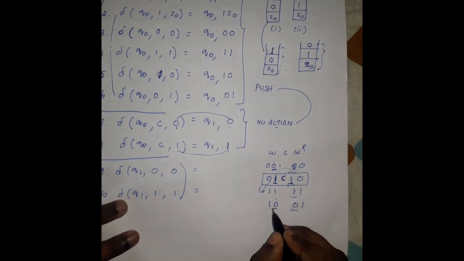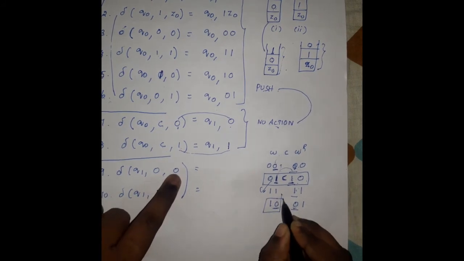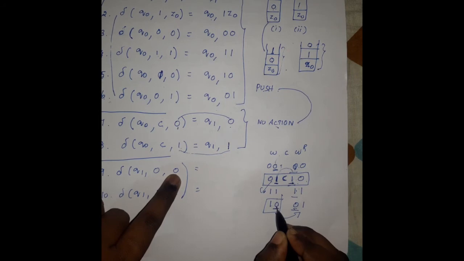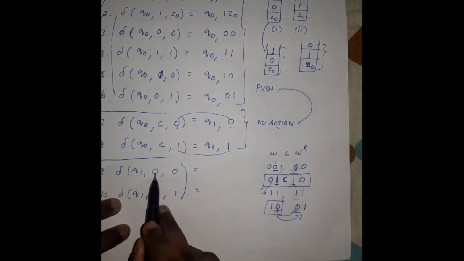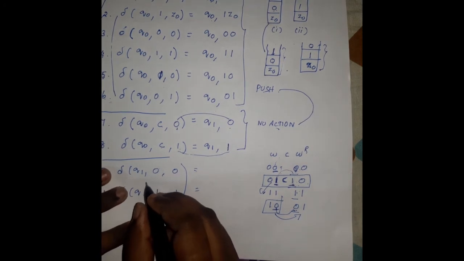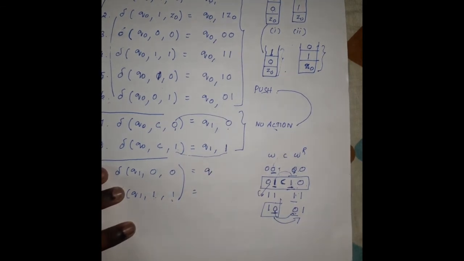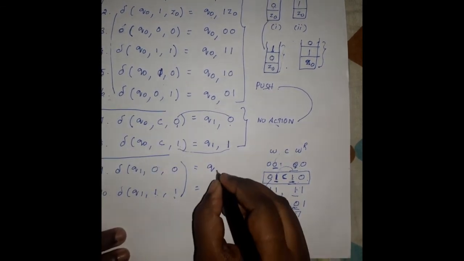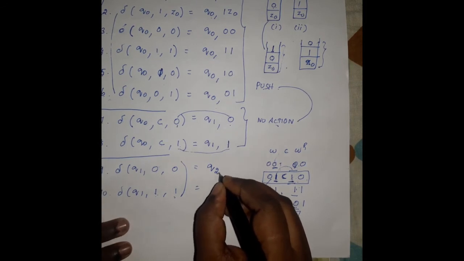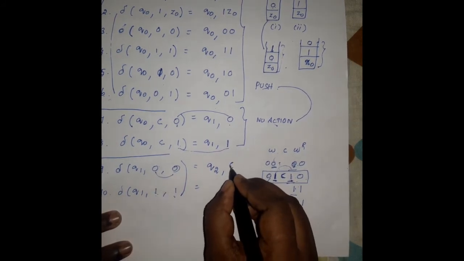Or otherwise you can take this example. The current symbol is 0 and the top of the stack symbol is 0, because this is W and the reverse of the string starts from the last symbol as the first symbol. So whatever current symbol is read, the same symbol is present at the top of the stack. So here the state goes to the next state, Q final state, with 0 0 for the input symbol 0, the top of the stack element is popped. So this should be the empty one.